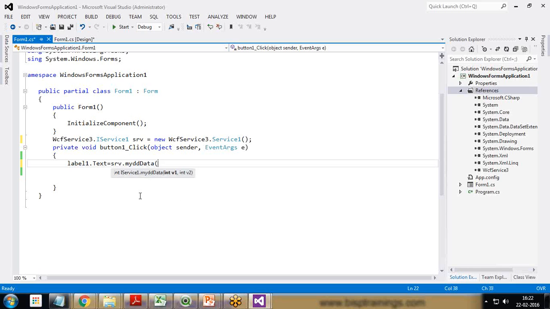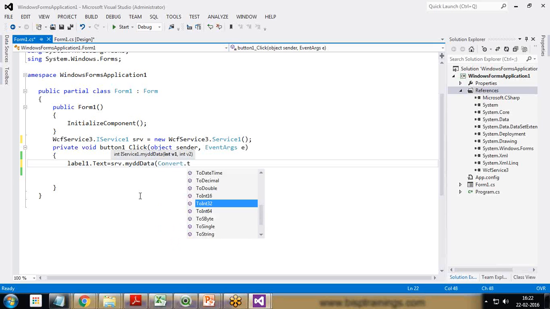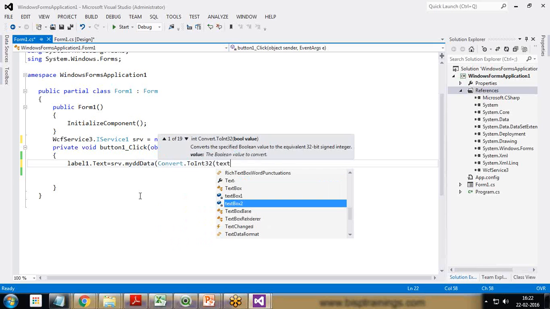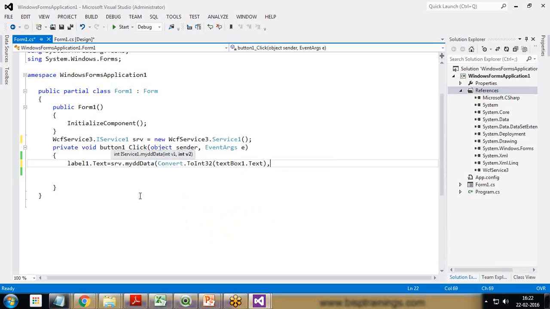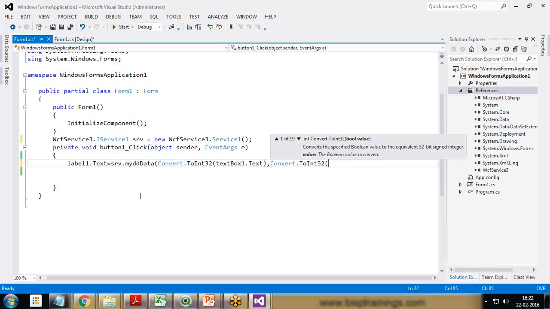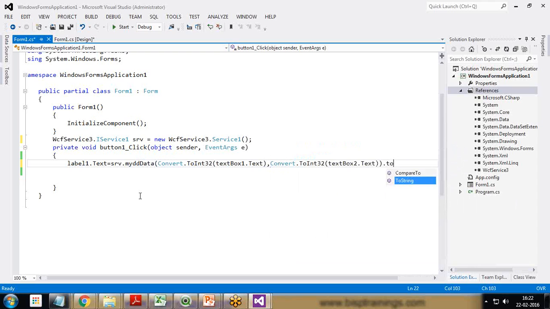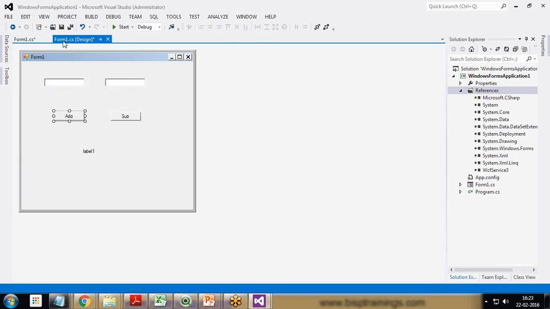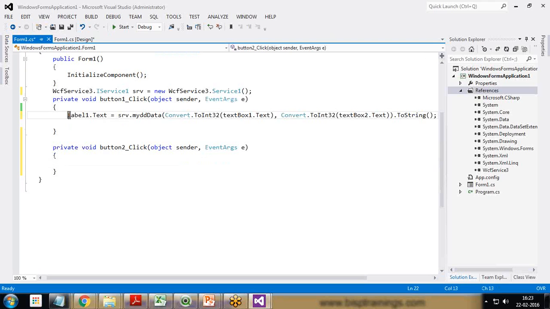So I double click it, and I write Convert.ToInt32(textBox1.Text), comma, Convert.ToInt32(textBox2.Text), and at last finally convert into string and save it in a string format. In a similar way, when the user clicks on this subtract button, I just want to call the second function,